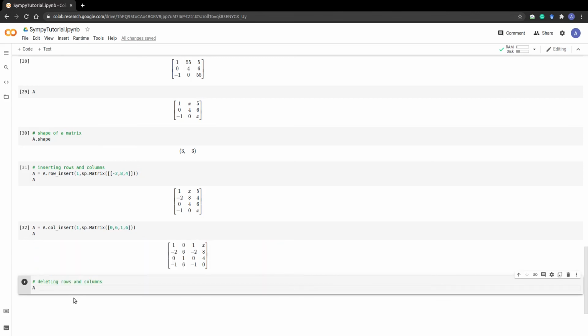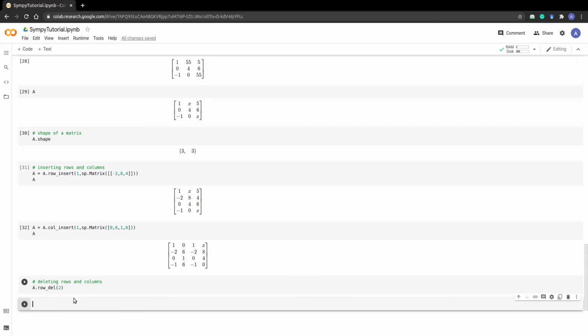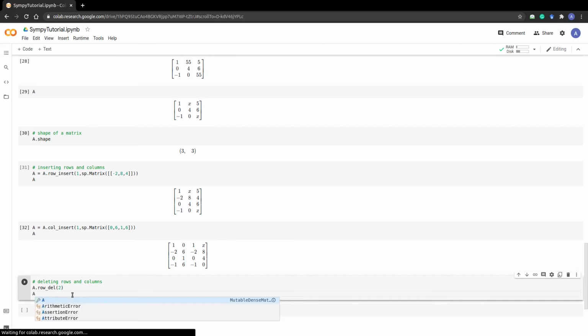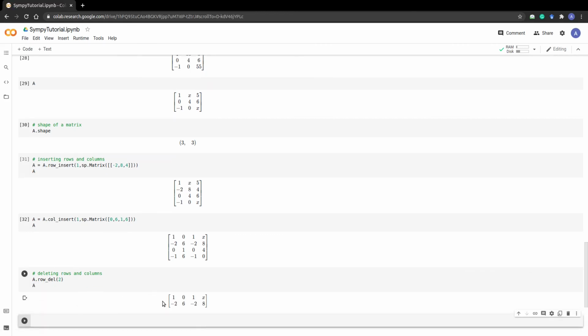I do not want to modify A, instead I just want to see if I delete a row from A, how would that look, just to view the deleted row version of A. So I am deleting the second row of A, and then if I print now,